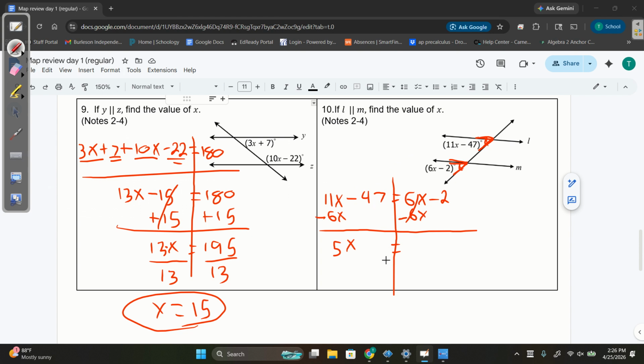So I'm going to move this minus 47 over to the other side. The way I do that is by adding 47. Negative 47 plus 47 cancels each other out. Over here, negative 2 plus 47 is 45. Last but not least, divide each side by 5 to get the x by itself, and we end up with